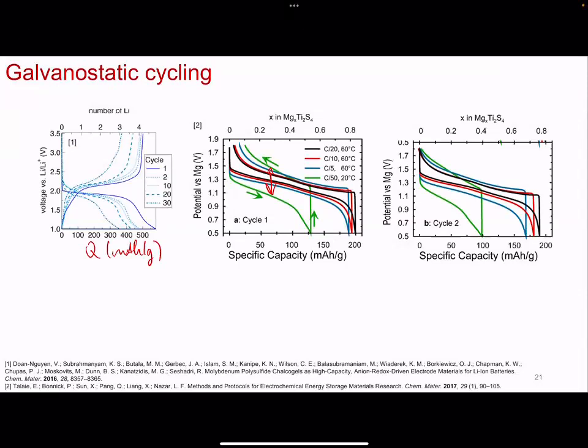I always wonder when they present data in terms of potential versus capacity. Yeah. They also put another axis. Yes, like on the right: moles of lithium corresponding to that capacity. Yes. When I look at it, sometimes during the first cycle, like we just talked about, you may have extra